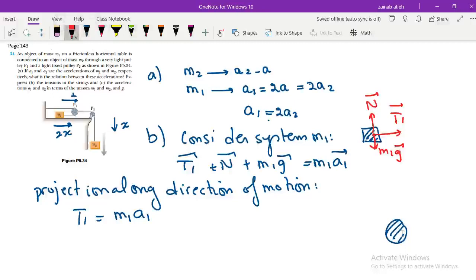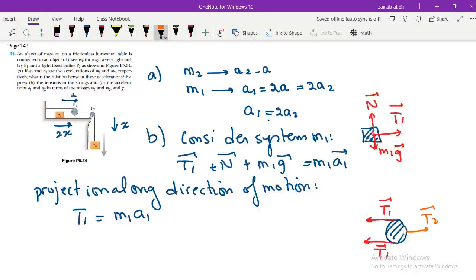من هيدي الجهة هون هيدي التنشن اللي هو مسميها T1 لأنه هي نفس السترينج اللي كان attached للM1. ومن الجهة الفوقانية كمان بسميها T1 because it's still the same string اللي أنا لونته من شوي بالأحمر. Okay, it's always called the same tension لأنه massless string inextensible string and the pulley is massless. Same string same tension. بينما من الجهة الثانية من البولي رح سمي التنشن T2 لأنه هون string تاني مختلف عن